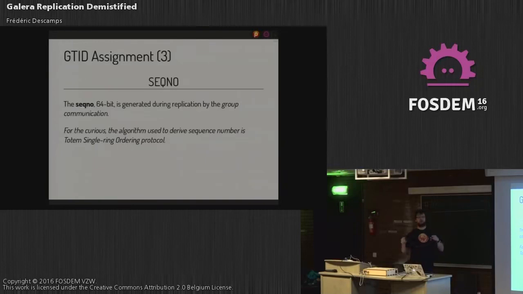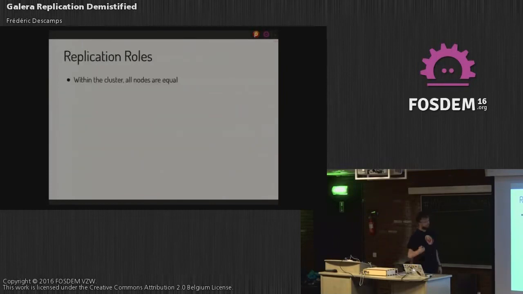And it's the group replication. So when you do something and you write, the nodes communicate together and decide what will be the next sequence number. And for doing that, they use an algorithm which is called Totem Single Ring Ordering Protocol. I cannot explain everything that's inside of it in this time, but this is how they decide what will be the next GTID. So just Google for it, or on Wikipedia, and you will find white papers on how that works.